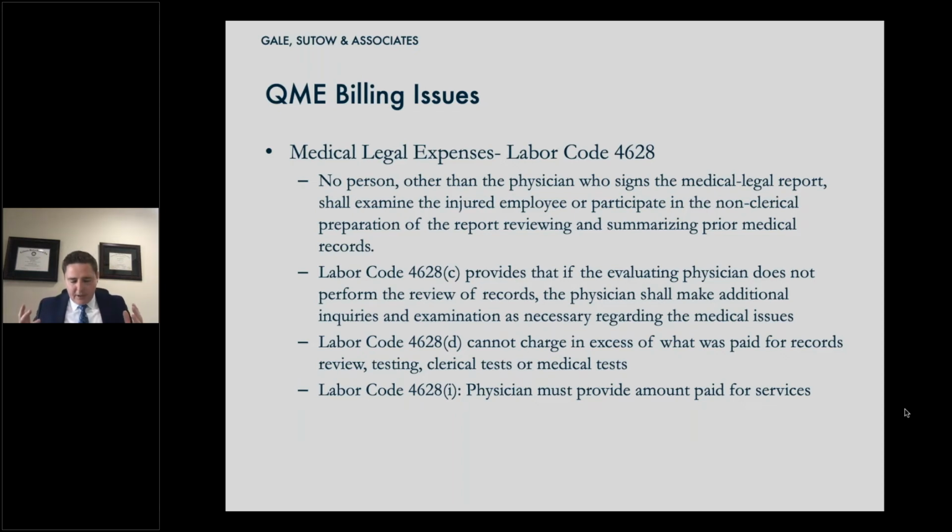So why is this information helpful? This allows you to challenge some of these doctors' reports, especially what we were talking about earlier. You send in all these records, you get this report back, and the doctor says, oh, no prior injuries, causation, apportionment, there's nothing to be addressed because the applicant has no prior injuries. And you're like, well, I sent you 500 pages of a prior back injury, and this is a prior back claim, and you've mentioned it in your report, but for some reason you failed to address it. And usually to me, that's when I get the red flags that this QME probably isn't reviewing their own records or performing a substantive records review themselves.